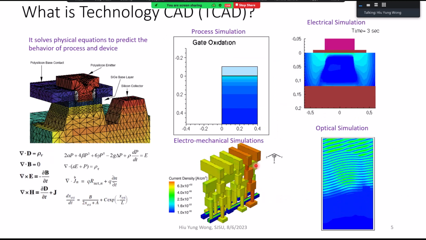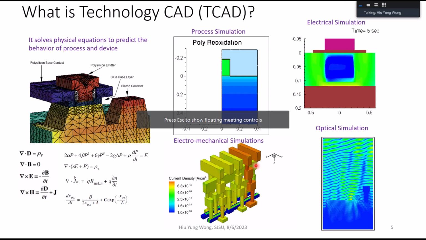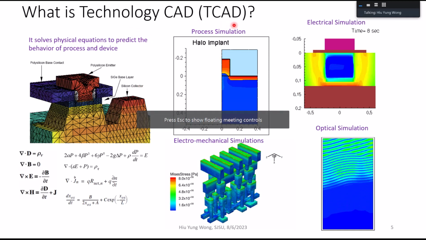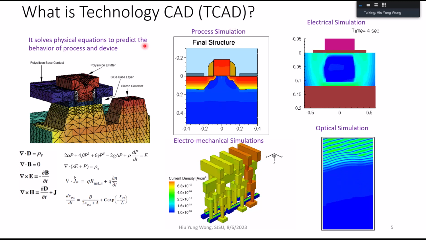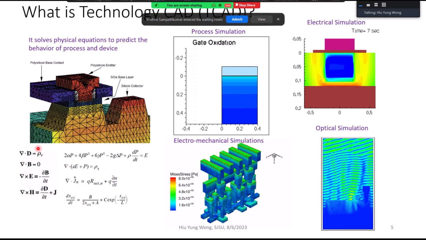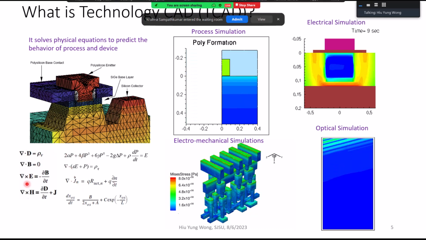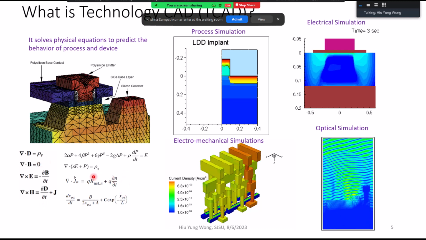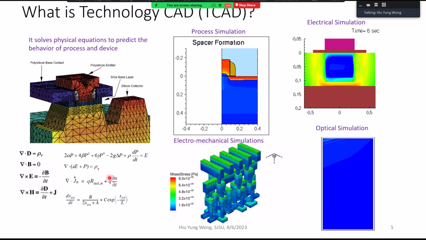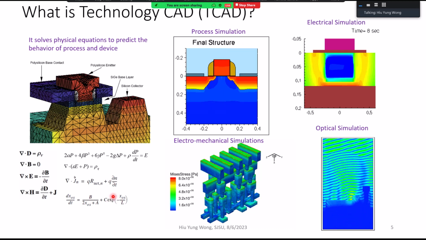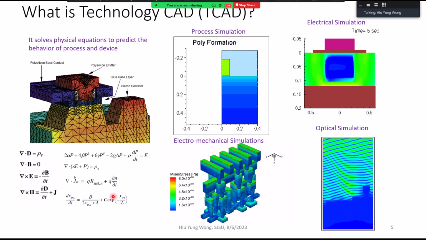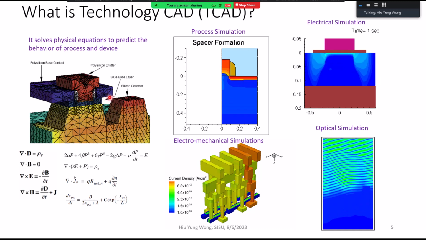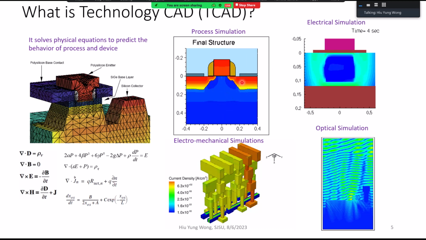So what is TCAD? TCAD means Technology Computer Aided Design. So what does it mean? Basically, it's a solver, a simulator, which solves the physical equations, like the Poisson equation, or the Maxwell equation, diffusion equations of electrons and holes, right? Or the process equation that simulates how the gate oxide is formed. So basically, it can predict any transistor or any novel transistor like this 3D BJT, bipolar junction transistor,